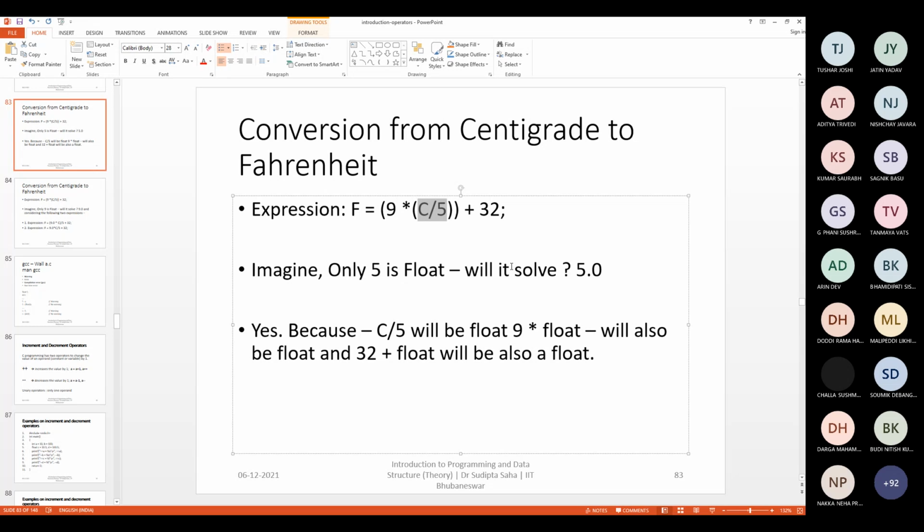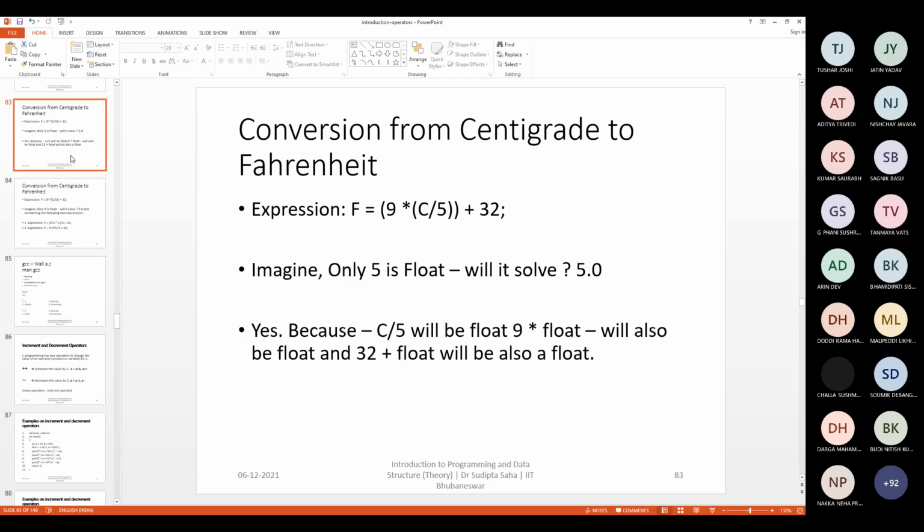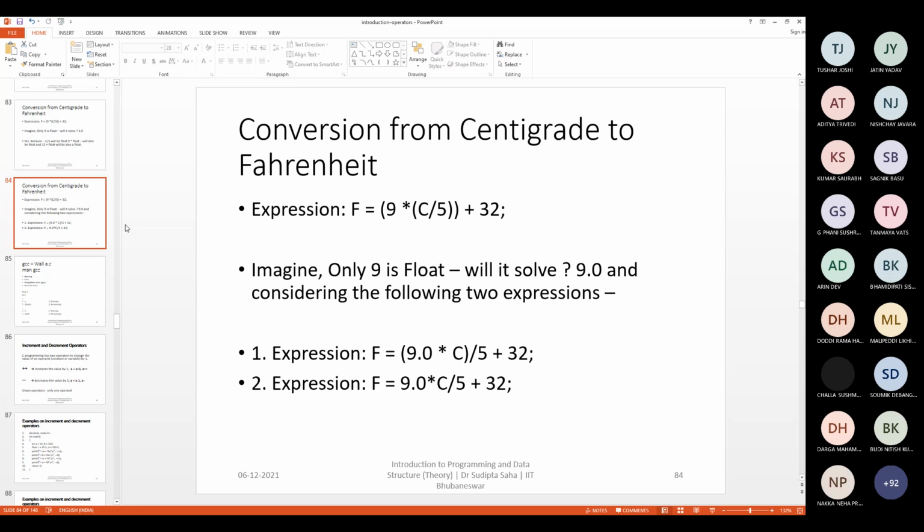So this way, just try to understand the result and the rules also. What are the rules? That would also tell you the minimum number of float variables you need to use so that the final result is correct. Okay, fine. I hope things are mostly clear to all of you. The rest will be clear tomorrow after the tutorial is over.